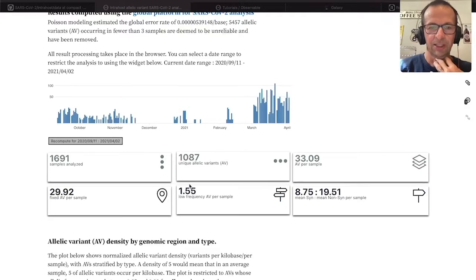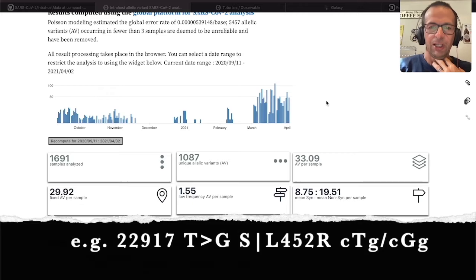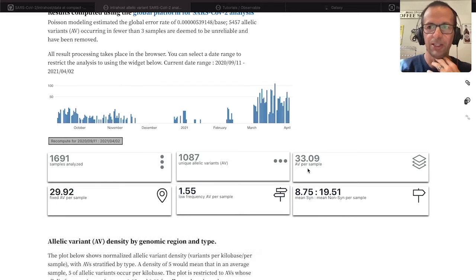Here you can see some basic description of what kind of variants you can see in this data set. So about 1,100 unique allelic variants. I'll show you again what each one of those looks like. There are about 33 of those differences per sample, meaning on average a sample differs from the reference SARS-CoV-2 genome at 33 positions. The vast majority of them, about 30, are fixed, which means they occur at very high frequency, say over 80%. And there are about 1.5 that are low frequency, which means they occur in, say, fewer than 25% of the